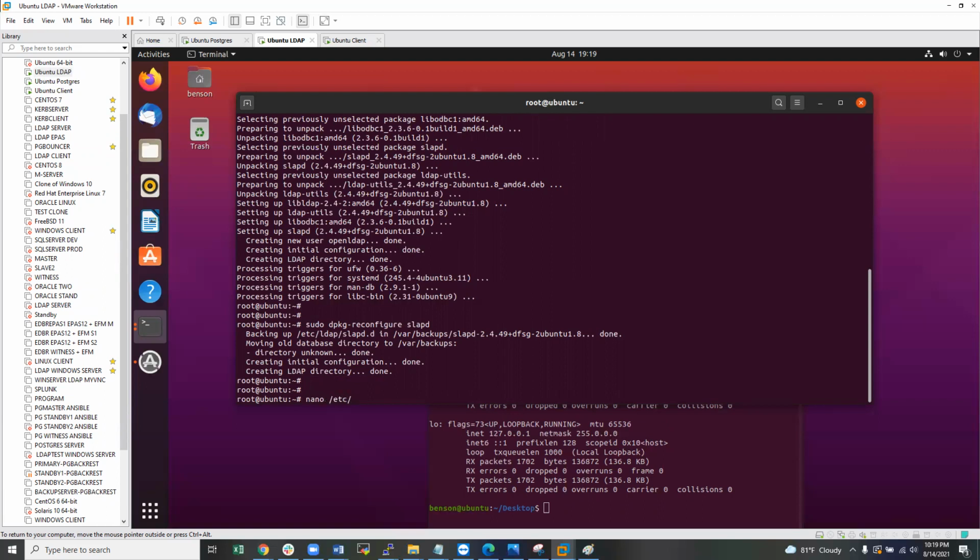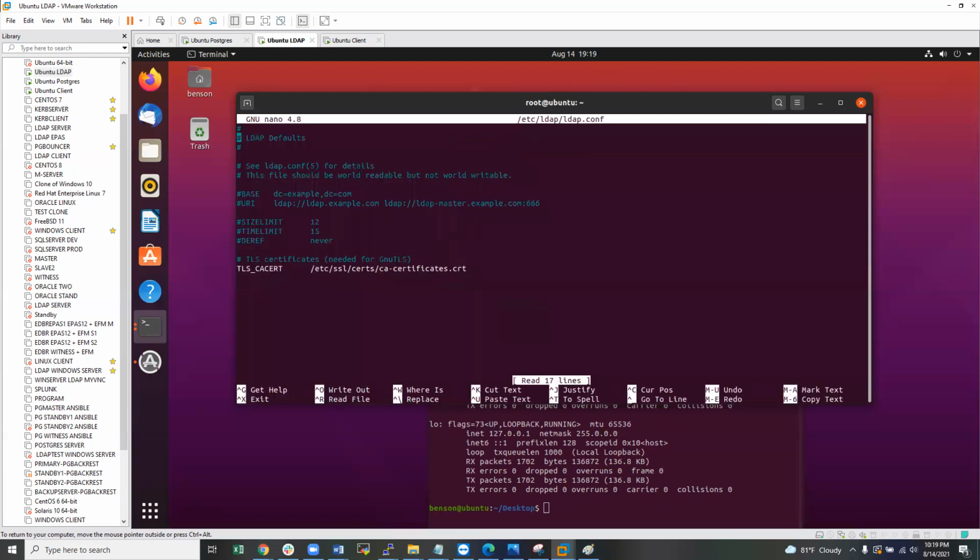It's actually in /etc/ldap/ldap.conf. Now, in this file, there are a couple of things you have to add, and the two main things are your base domain controller and your LDAP server information. So here you're going to say BASE DC, and we're going to specify